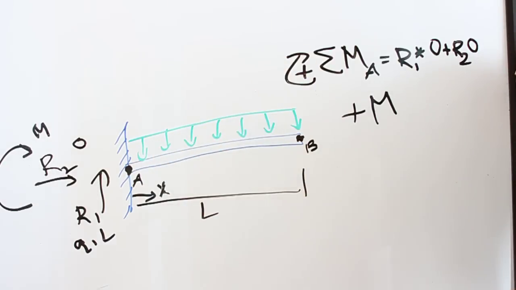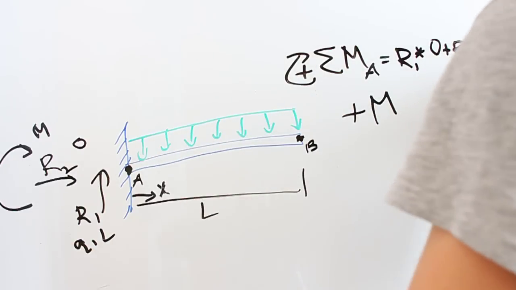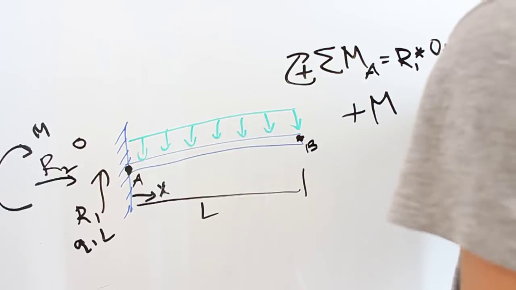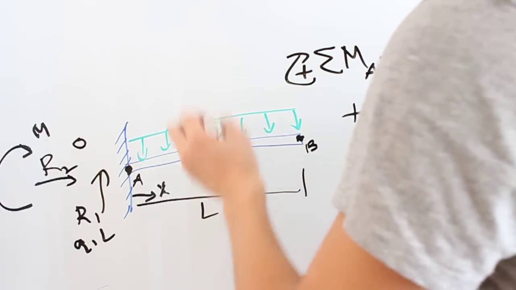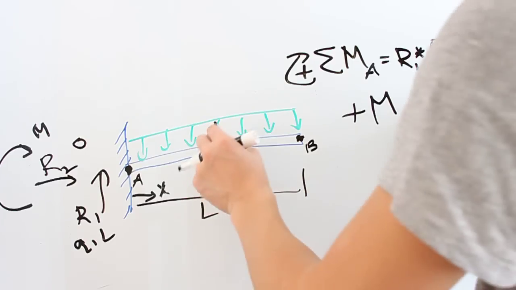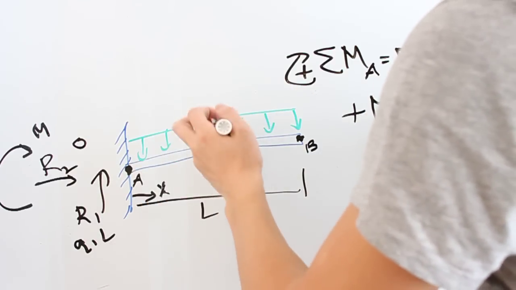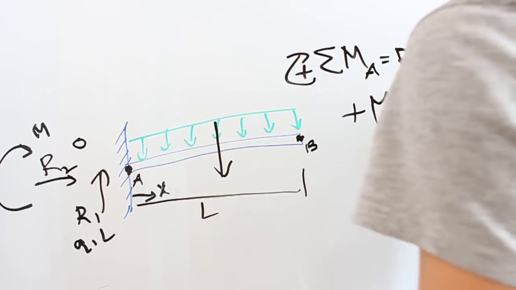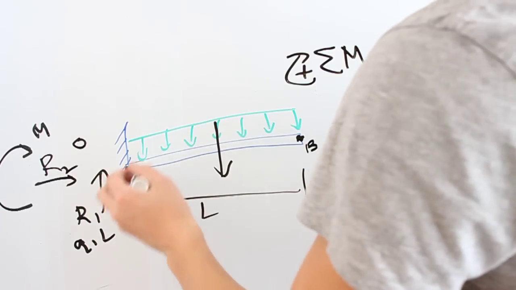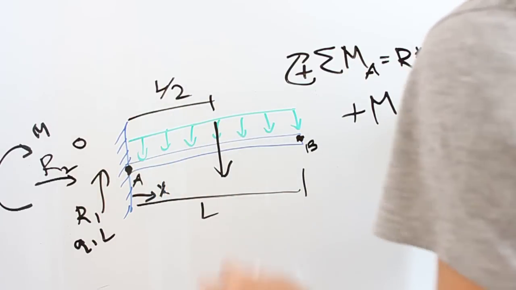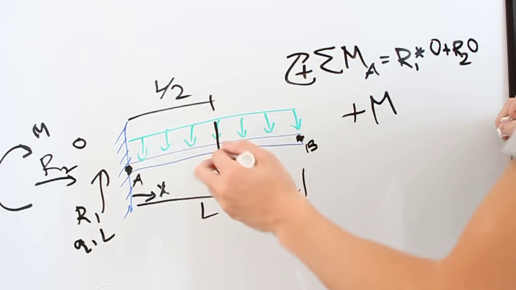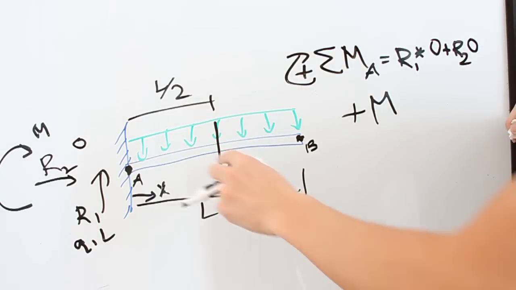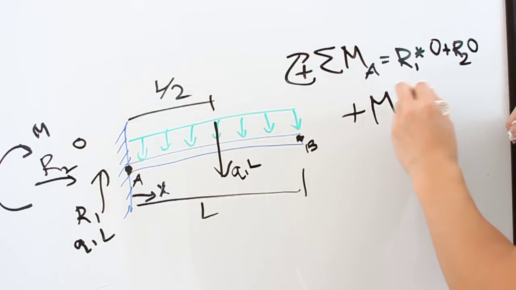Well, distributed loads can always be imagined as a single load. So just intuitively, before we get much into the ideas of centroid, for a distributed load it's really easy. It's all uniform, so you can think of it as right in the center. It's the equivalent of some kind of force down. If you get rid of this distributed load and just put one force here, that one force needs to equal the total value of all of this. So we know intuitively that this is a L/2 distance, and we already said that this whole distributed load has a total force of Q1L. So this force itself would have a Q1L force, and this is L/2, so we can write that as